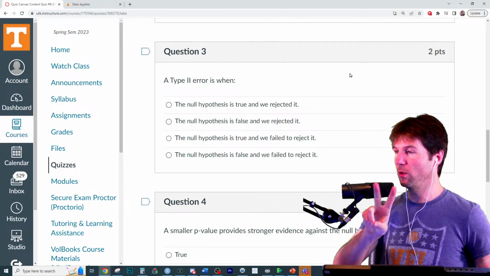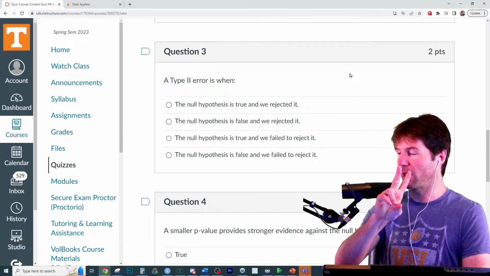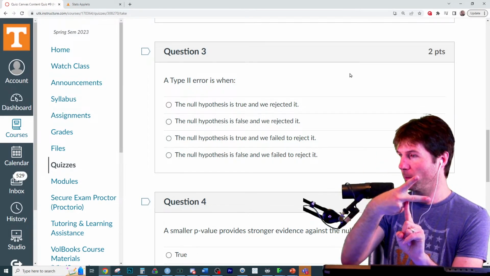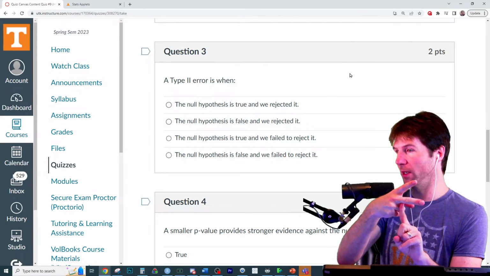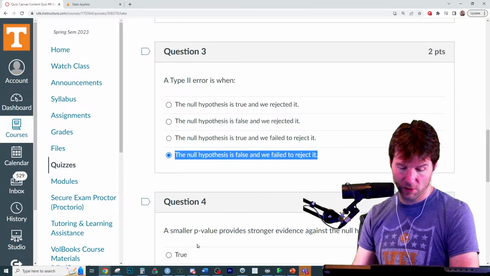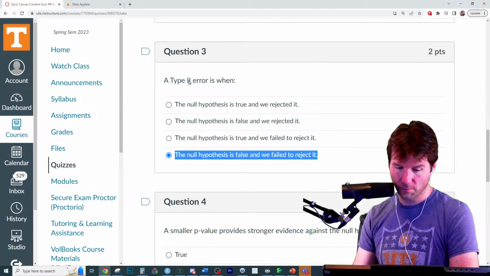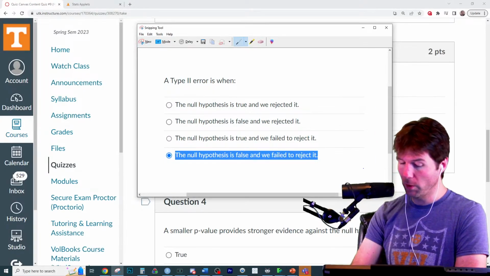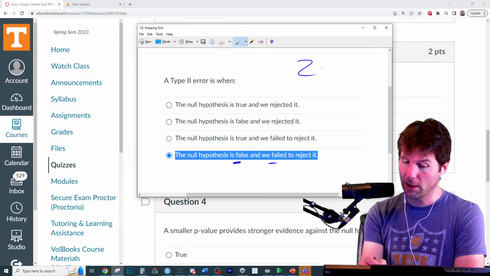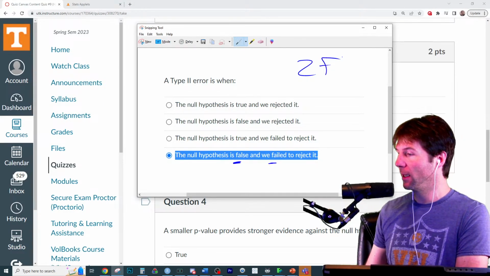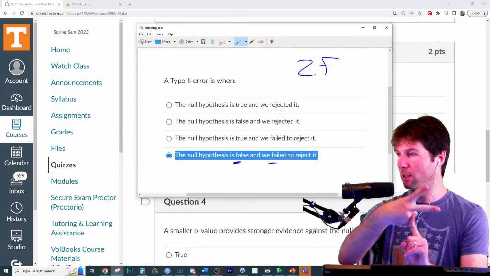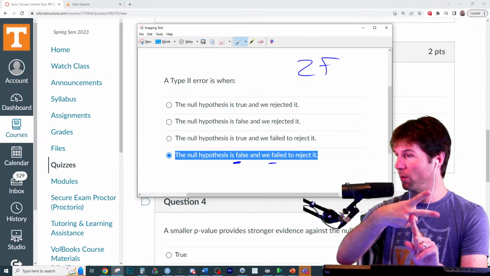So in a type 2 error, just tell me the first letter I make right here, which is key to knowing this. In a type 2 error, what letter is that? Because then you can pretty much solve this. Like if you know this right here, F, right? So here it is right here is the answer, and let's point out why. In a type 2 error, the null is false and we fail to reject it. There are two F's in that saying. There's two F's in the type 2 error. In a type 2 error, the null is false and we fail to reject it.